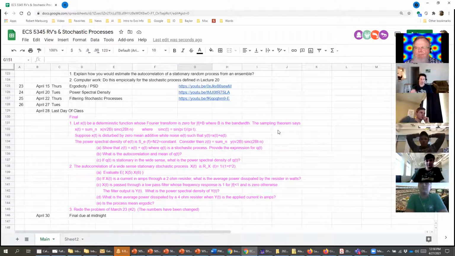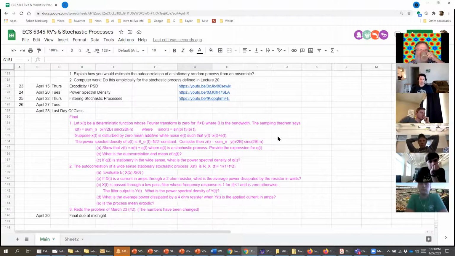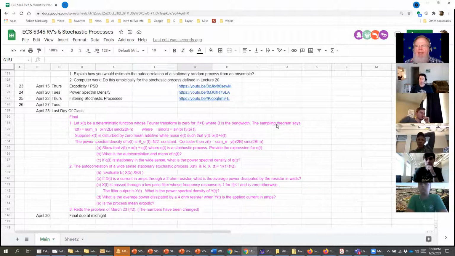I have a question. In problem 2B, you said that we did the same problem with a 1 ohm resistor in class? Yes. Okay, perfect. We've done it with 1 ohm. So I just don't want us to take for granted that every time you have a stochastic process, it goes through a 1 ohm resistor. This makes you think about this much more. It's not a big deal. Okay, thank you.